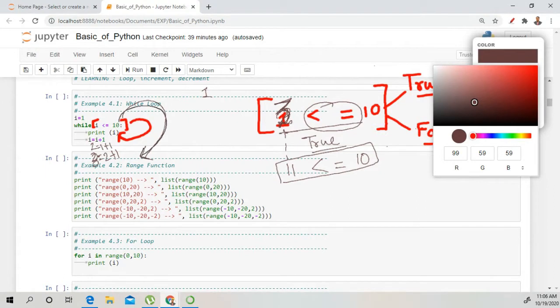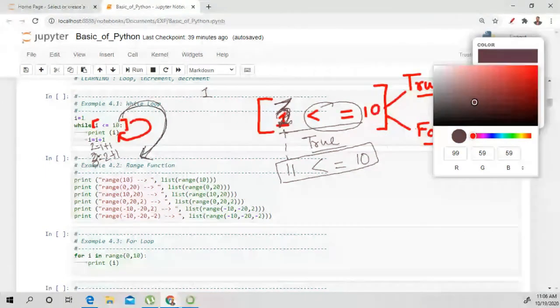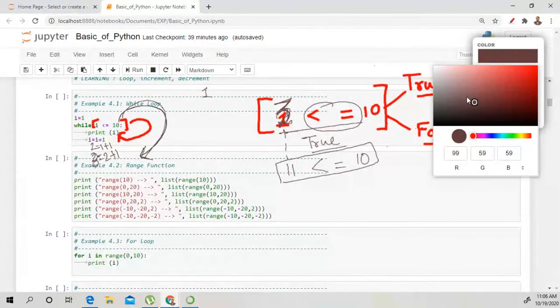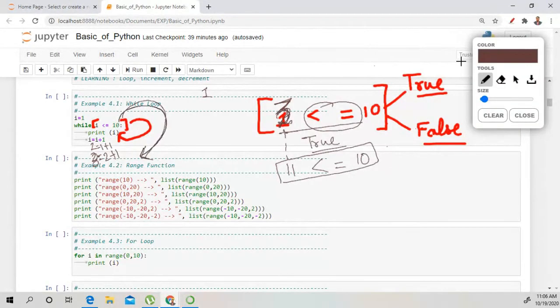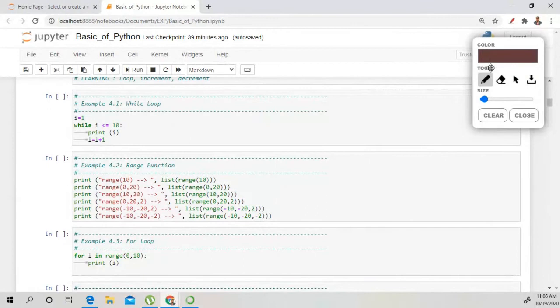Okay, any doubt till now? Understood the concept of this while loop? Okay, no doubt. So next take a look at the range function. What is the range function? The range function is used to display values.